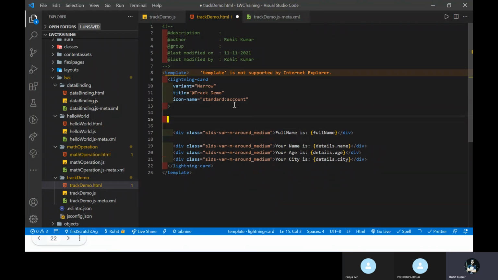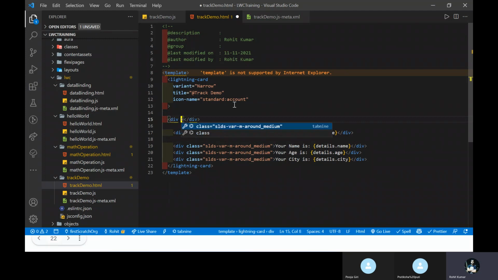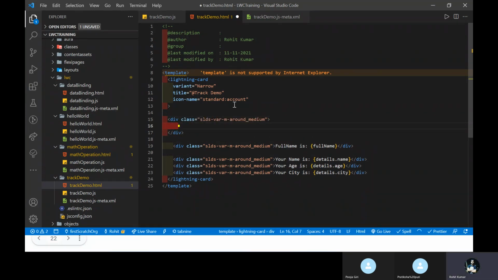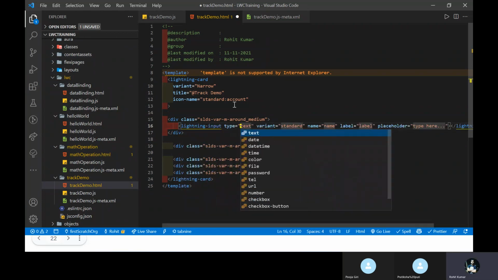Let me add one div tag, and here a class. Under this div, I want to add one input, because I want to change this city at runtime. So how to change that?